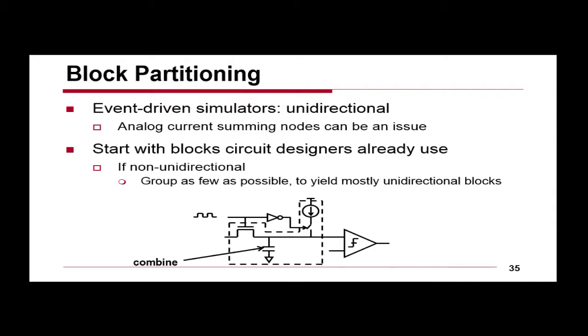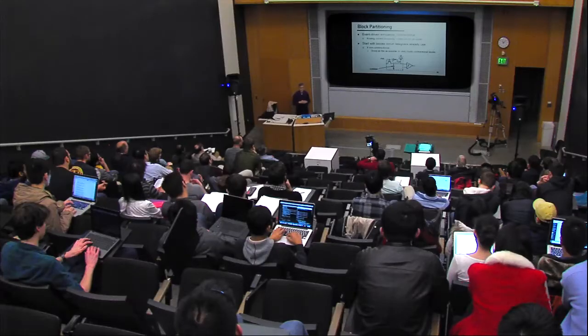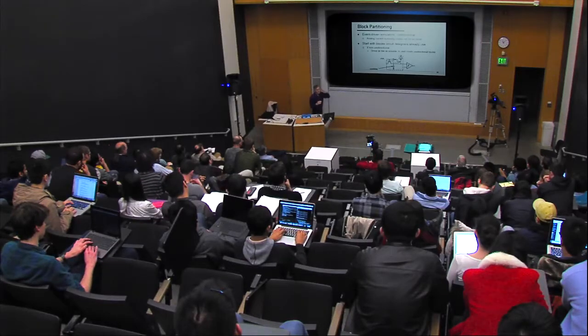So if I have an analog system, I have to break the analog system into unidirectional blocks where any feedback has to be slow compared to the simulation time, or the time step of the event-driven simulator, which could be pretty long. So what we do is we tear the analog circuits into blocks that are mostly unidirectional, which means that any tightly coupled feedback has to be incorporated within a model. Now, with an op-amp and feedback across the op-amp, that feedback is slow enough in general that you don't have to put that within the model. You can have a model of the op-amp and put feedback around it. But for tightly coupled, for high frequency feedback, it has to be incorporated within a model.